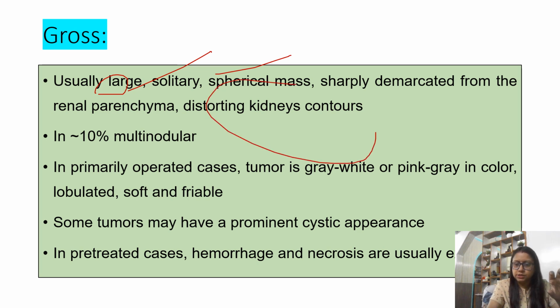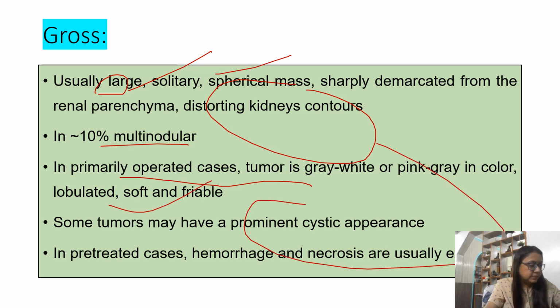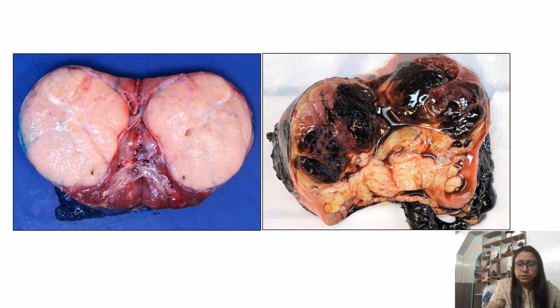However, kidney is distorted. 10% it is multinodular. In primarily operated cases, what happens, tumor is grey white or pink grey in color, lobulated, soft and friable. Some tumors may have a prominent cystic appearance. Now in pre-treated cases what happens, hemorrhage and necrosis are usually evident. So see,